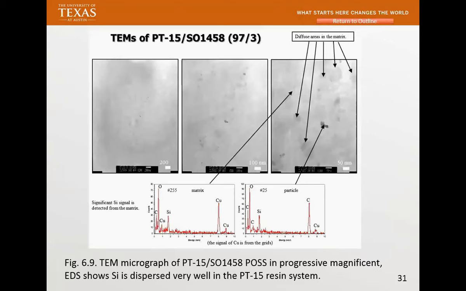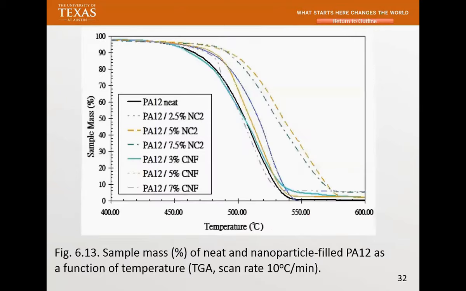Clay and POSS are very different. POSS is a different nanomaterial than any other nanomaterial, because with the other nanomaterials, they don't disappear. For clay, you just make it a better dispersion, and you still see the same clay. But with POSS, if you use it carefully, you will be able to have this kind of molecular dispersion. And the properties change quite a bit. So that's what we did in one of our research projects. It was sponsored by the Air Force.